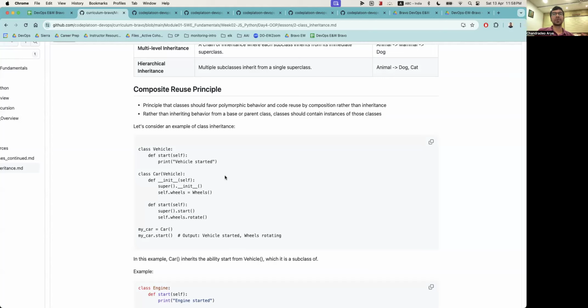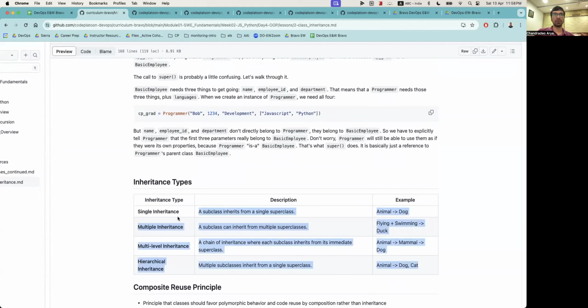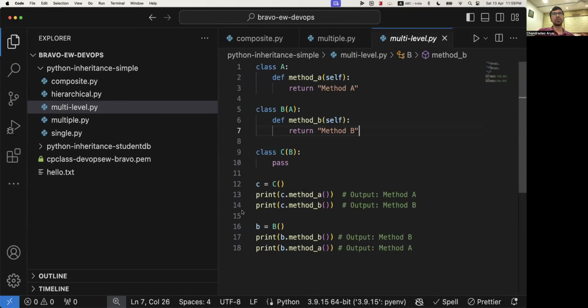All right. So let's talk about composite class now. We have talked about all of this. Let's talk about composite class. So if you say this one,